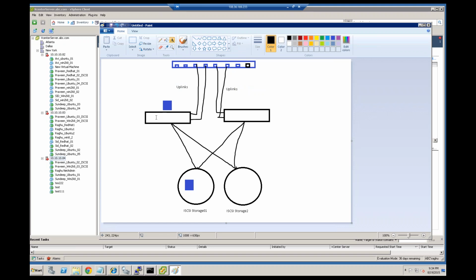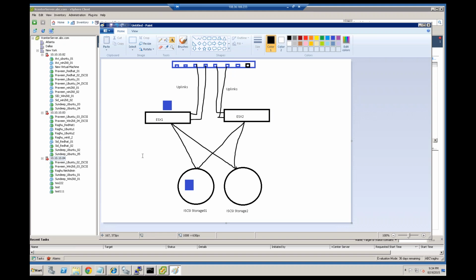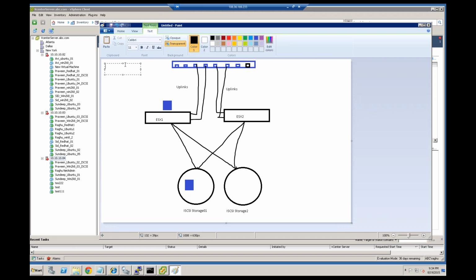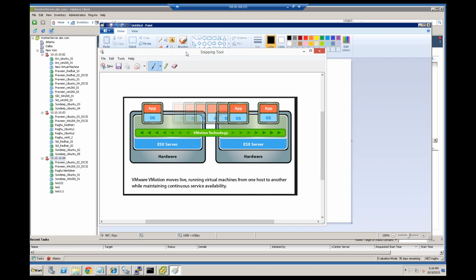So this is ESX server 1 and this is ESX 2. So these are the 2 ESX servers. So what we are trying to do here is, I'm talking about the technology called vMotion. So what is vMotion? vMotion is actually this technique. This is what vMotion is. VMware vMotion moves